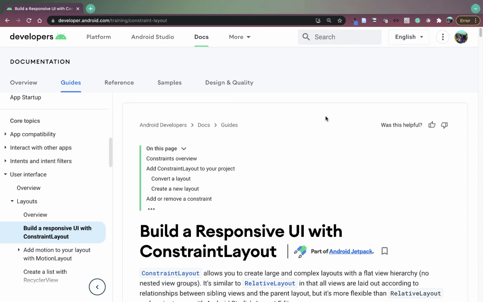Hello everyone. In this video, I want to provide an introduction to working with constraint layout in Android. What I currently have open on my screen is the Android Developer Guide for building a responsive UI with constraint layout. This is currently at developer.android.com/training/constraint-layout. If you haven't taken a look at this guide before, I encourage you to do so now before following